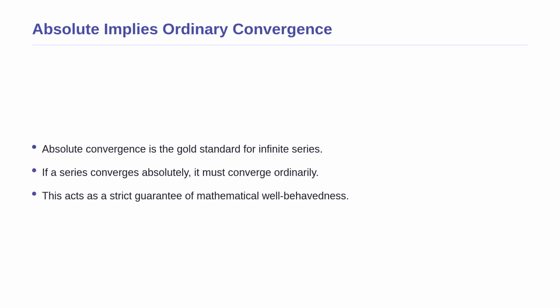This strict definition leads us to one of the most important guarantees in all of calculus and analysis. It is a useful theorem stating that if a series converges absolutely, then the original mixed sign series must also converge in the ordinary sense. Think of it like a budget. If you can afford to pay for everything, even when you are charged for both your deposits and your withdrawals, you can definitely balance your normal checkbook. We can actually prove this mathematically using a clever trick by comparing the original terms to their absolute values.